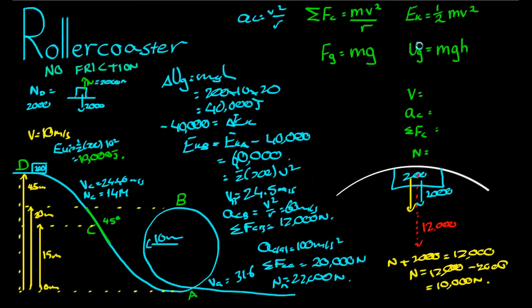Now I want to do one more question on roller coasters, and this question will be a work backwards question. So instead of giving the starting velocity, I'll give the normal force at a particular point, and we'll work backwards to solve the rest of the